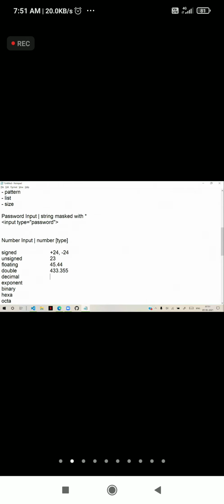Decimal means very lengthy, more than 7, 8 characters, that is decimal. Exponent is like 2e3. E is an exponent. So E is also a number representation only. 2e3 means 2 into 10 to the power of 3. That means it is equal to 2000 actually.